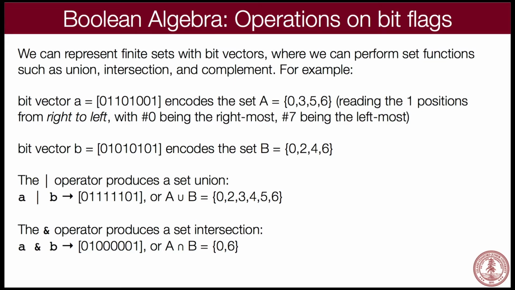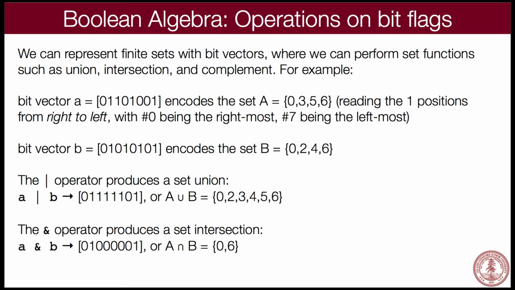Now, as it turns out, if you use these Boolean algebra operations, you can actually do a little set arithmetic on this. So the OR is a union of those. And hopefully that makes sense, that you're getting all of them from both of them. Because if you do A or B, you go, 0, 0, nothing there. Yep, there's a 1 in the second one. There's going to be a 1 in the third because of this one, and a 1 in the fourth, because I read it backwards. So that's what's going to come out there. It's the union of them. All the ones that were in either of them are now in the final one.